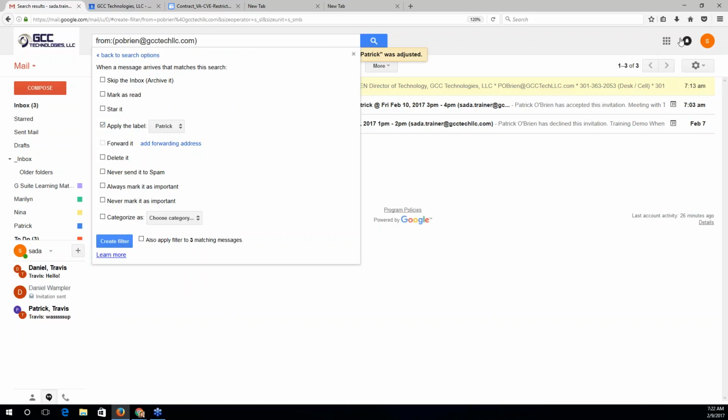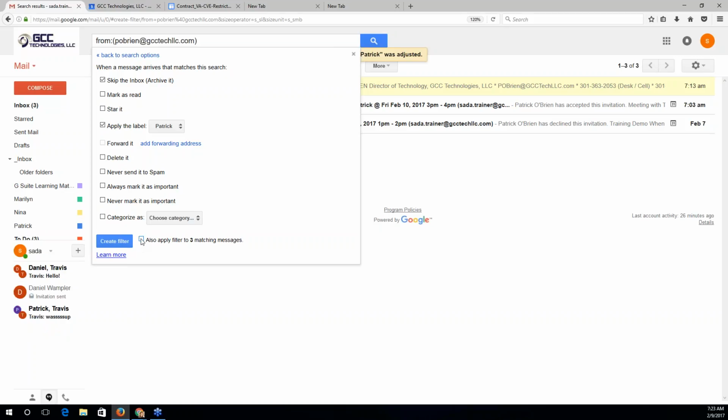Then I'll continue on with my filter. And in addition to making sure that this email goes into the Patrick label, I also had said that I don't want it to land in my inbox. So in order to achieve that action of automatically going straight to the Patrick section, I will also click Skip the Inbox. These two actions combined are going to move any incoming mail from Patrick directly into that Patrick section, but this ticker on my inbox will not go up. Instead, I'll see an unread message from Patrick. This will turn bold, and I'll see a little 1.